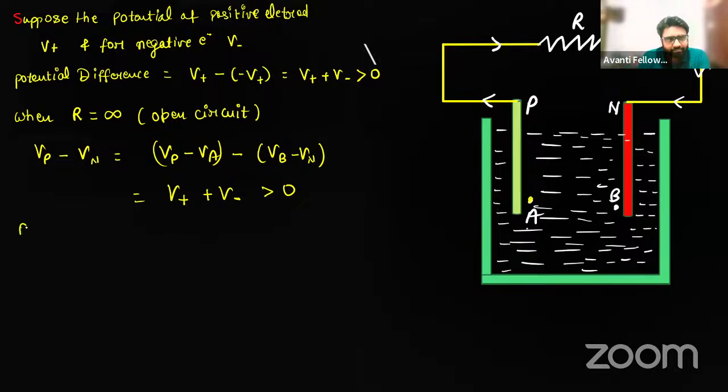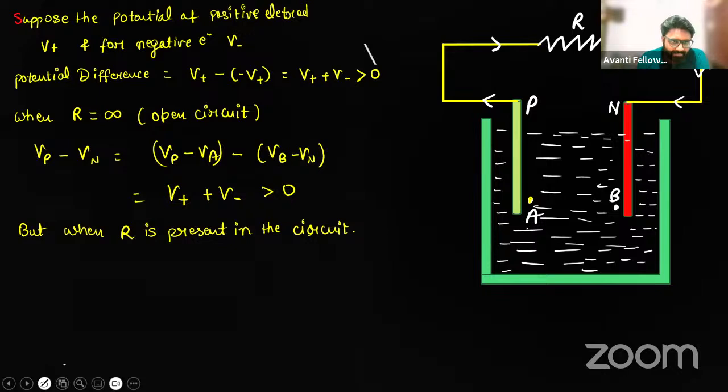But when R is present in the circuit, तो उस केस में क्या होगा? जब R सर्किट में प्रेजेंट होगा तो करंट आउटर सर्किट में पॉजिटिव प्लेट से नेगेटिव प्लेट की तरफ आएगा। क्यों? क्योंकि इलेक्ट्रॉन नेगेटिव प्लेट से पॉजिटिव प्लेट की तरफ जा रहे होंगे, ठीक है।